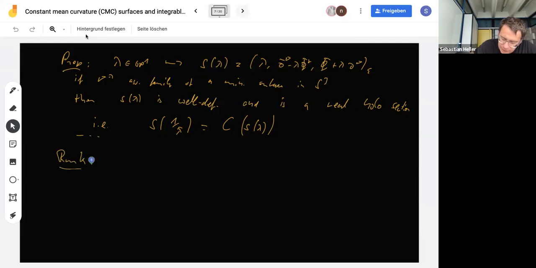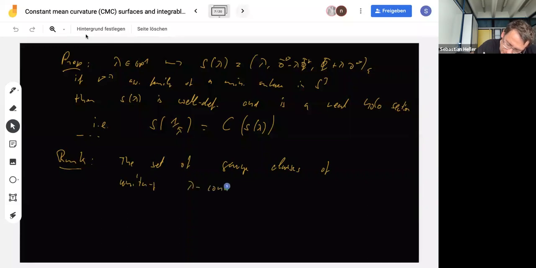So I will specify these conditions in a second, but let me just add one additional remark, which is important here. The set of gauge classes of unitary lambda connections, for lambda in the unit circle, is contained in the fixed point set